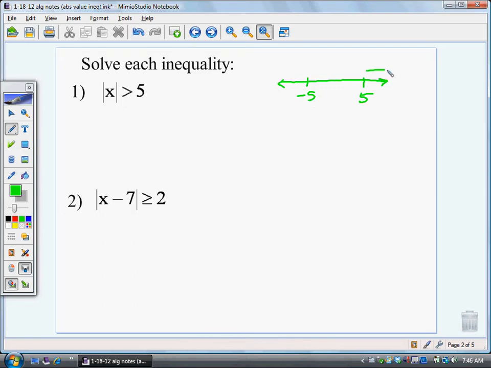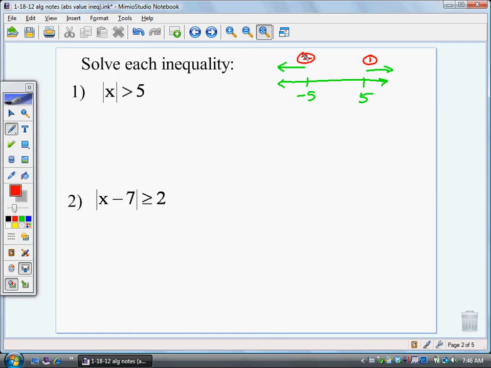Those would be the numbers to the right of +5, but they'd be the numbers to the left of -5. Things like -6, -7, those numbers, when you take their absolute value, the absolute value of -6 is 6, and that's bigger than 5. So we end up with our two equations,